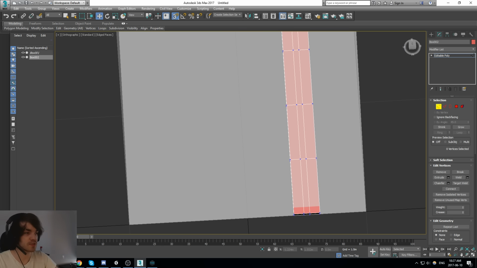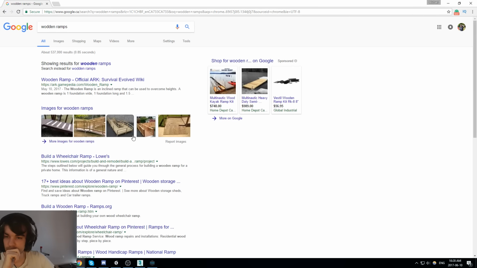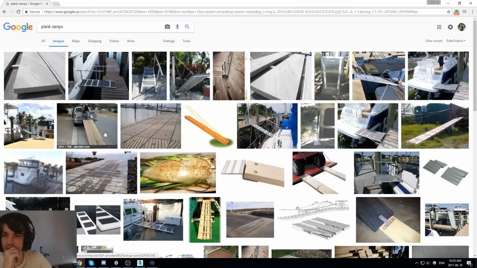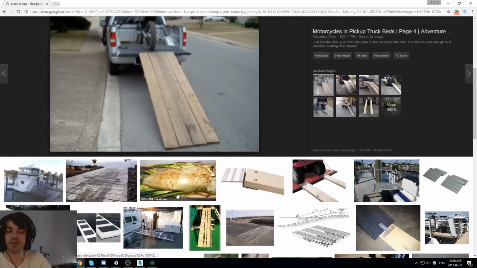Let's have reference. I want something like that, but I want it to look like it's cartoony and maybe a little bit broken.